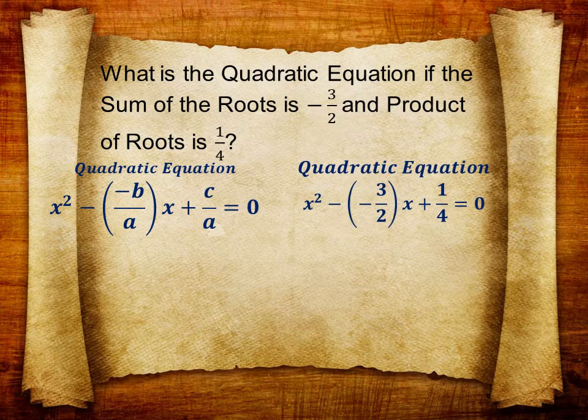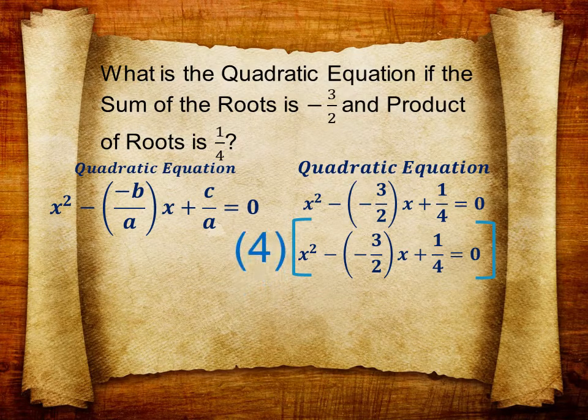So you will just substitute the sum of the roots and the product of the roots. So you have x squared minus the sum of the roots, which is negative 3 over 2, quantity x, plus the product of the roots, which is c over a, and that is 1 over 4. And then in this equation, you will multiply by the LCD of 2 and 4. So that is 4. So by multiplying 4 to all the terms in the quadratic equation, it becomes 4x squared